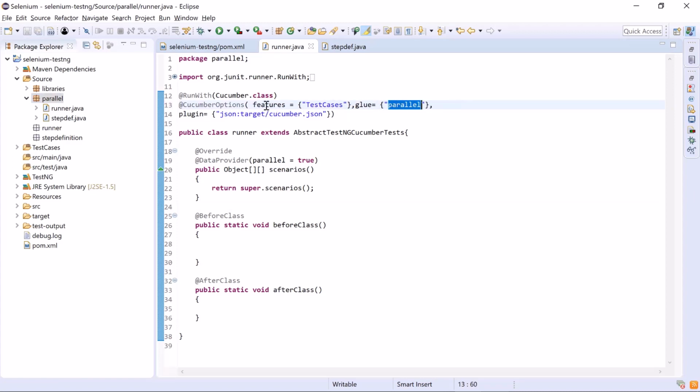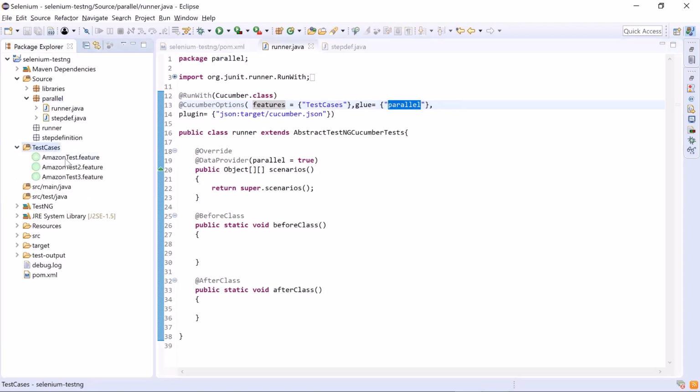Here you can see that we have the features option as well. And for the feature files also, we have to repeat the same concept, which means that our feature files also should be placed under the same package as we did for our runner and step def class. As of now, you can see that these feature files are available under the test cases folder.